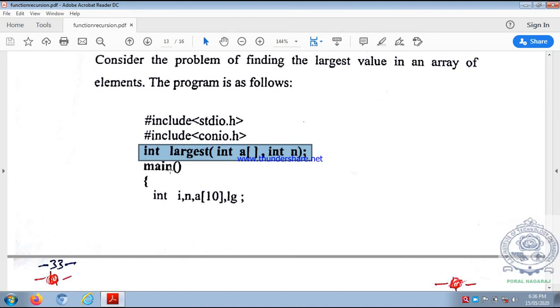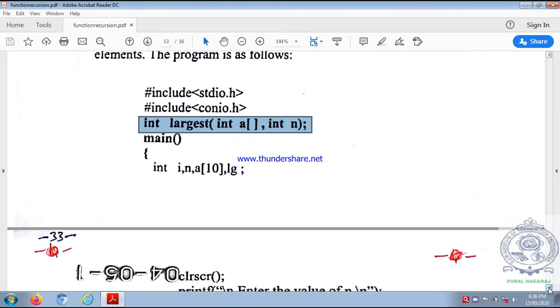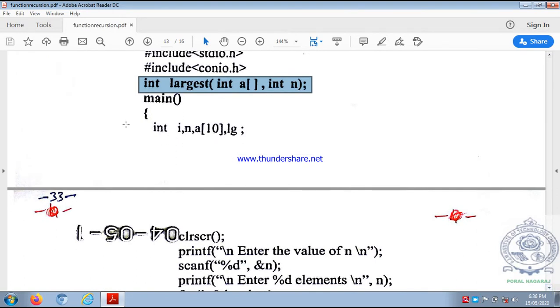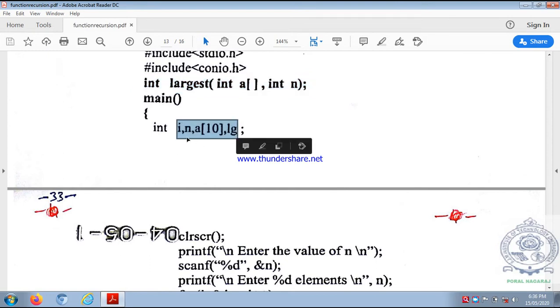Then main function starts here. So in the main function we have written, see, opening brace. We have declared variables here. We are going to read the array. First we have to read the array. So that's why for loop is necessary. That's why here variable I is used. So you can observe the declarations here. I is variable used in for loop, n is size of the array, and we have declared array a of 10, comma. To store the largest element we use LG. LG is the variable, semicolon. All are of data type integer. So I is an integer, n is an integer, a of 10 is an integer, and LG variable is an integer terminated by semicolon.